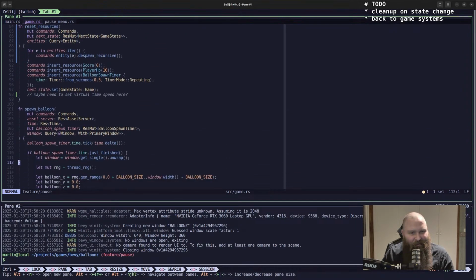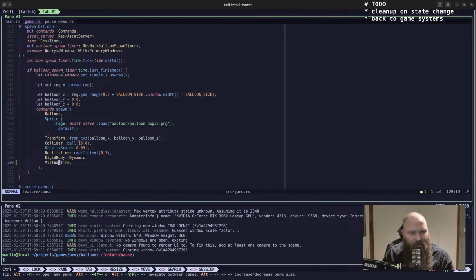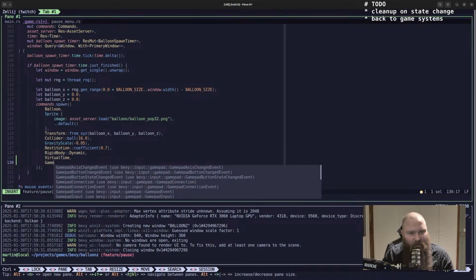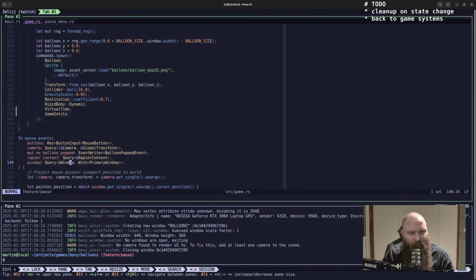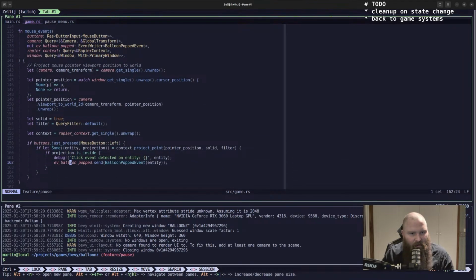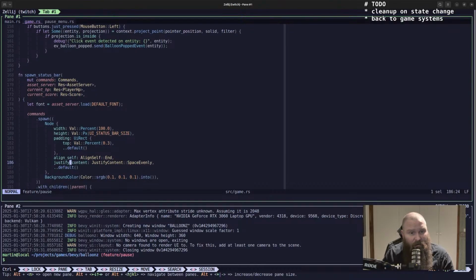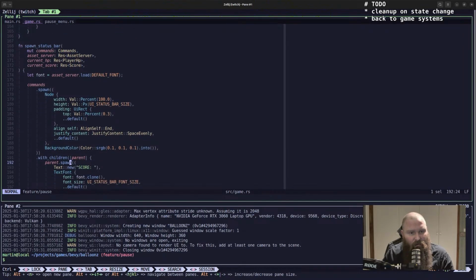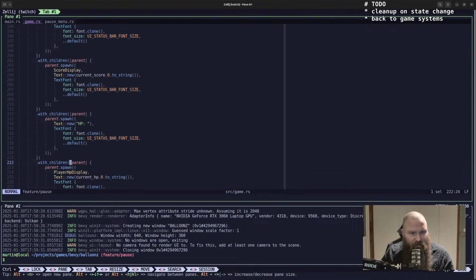So the only thing we need to do now is to put this into all our entities that we want to clean up in the end, in this context. No entities here, just this status bar. Yes, we want to do this with children,